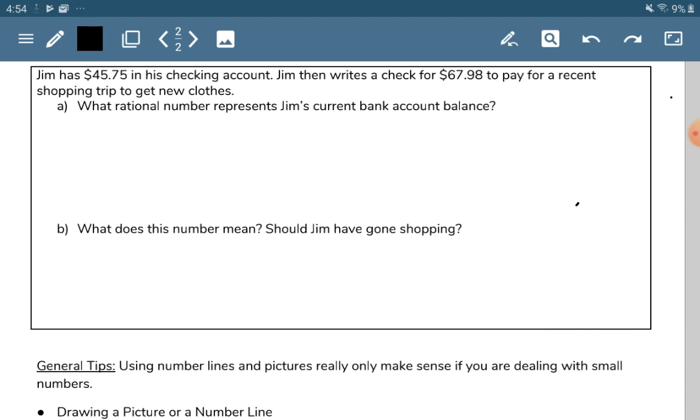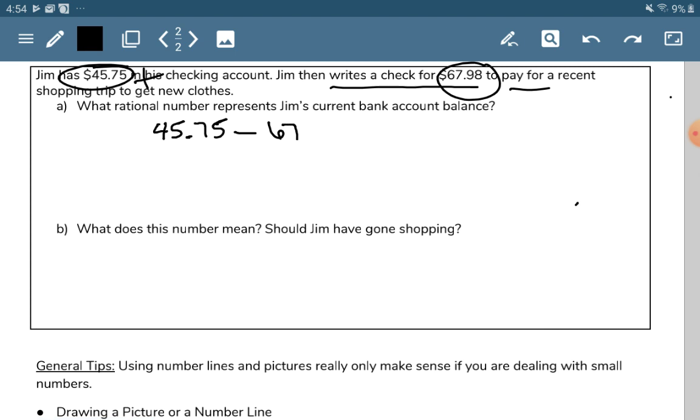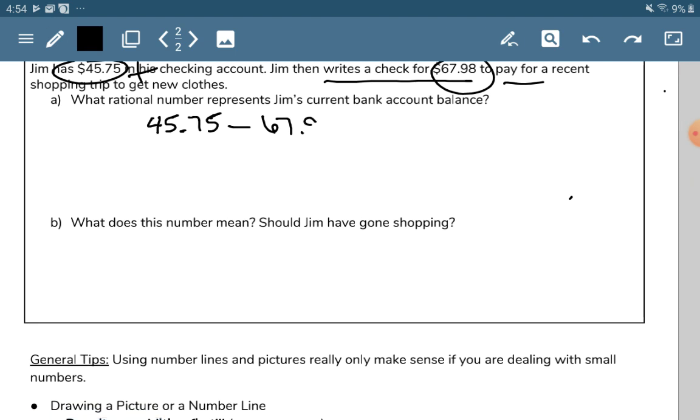So the first thing I'm going to do is write an equation or an expression to represent this. If he has $45.75, that means it's a positive value. He has it. So I'm going to go ahead and write positive 45.75. Then he is writing this check for $67.98 to pay for shopping. If he's paying it, that means it's leaving his account, or I am subtracting that $67.98. So my problem that I'm solving is 45.75 minus